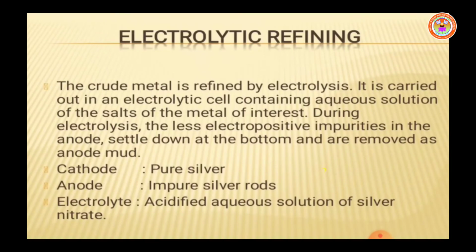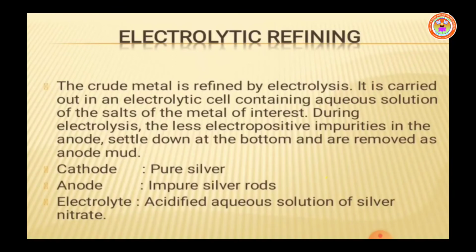So aqueous solution of silver nitrate is used. Here the silver nitrate solution is acidified with dilute nitric acid. So acidified aqueous solution of silver nitrate is the electrolyte. Understand, children? So here the anode and the cathode are suspended in the electric bath and connected